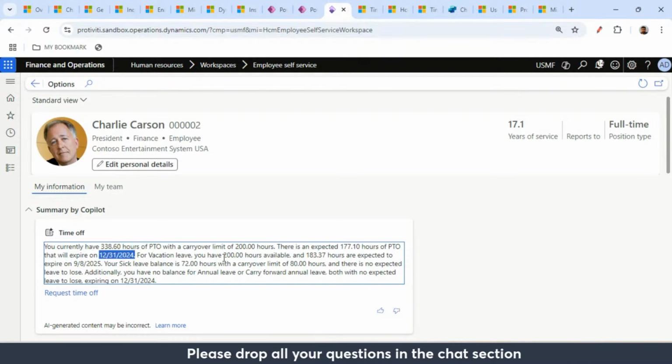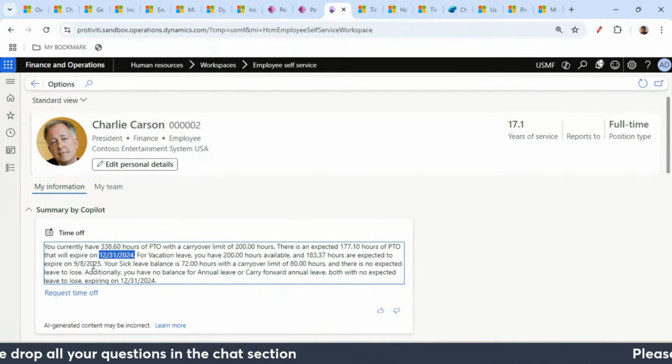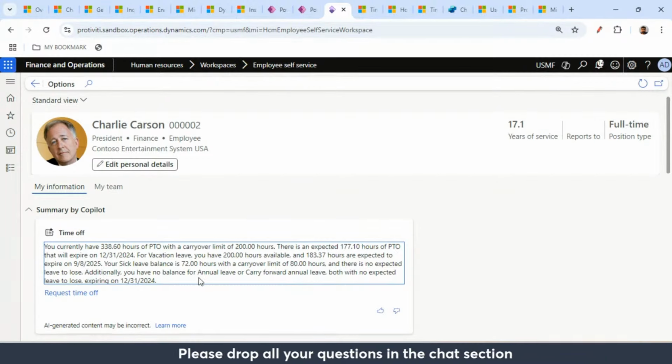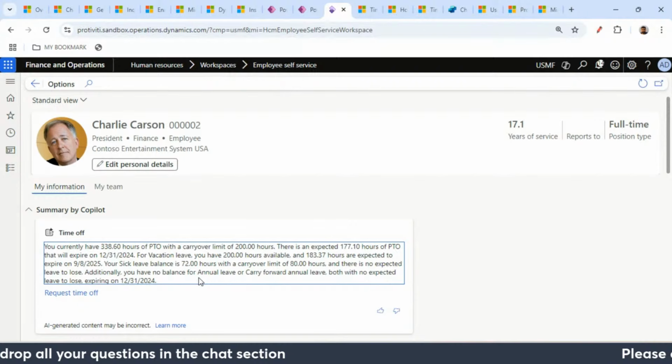For vacation leave, you have 200 hours available, and 183 hours are expected to expire on this date. Your sick leave balance is this, with a carryover limit of 80, and there is no expected leave loss. Additionally, you have no balance of annual leave or carry forward annual leave, both with no expected leave loss. So it is basically